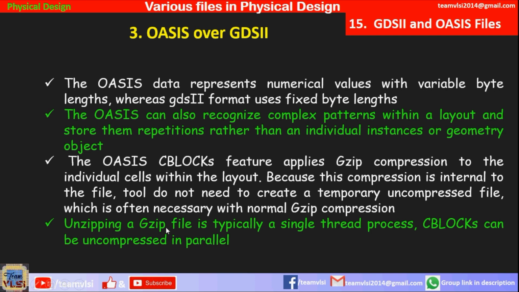Unzipping a gzip file is typically a single thread process, whereas CBLOCKS can be uncompressed in parallel. So zipping and unzipping time is reduced.